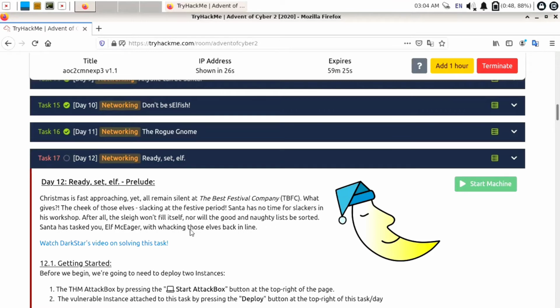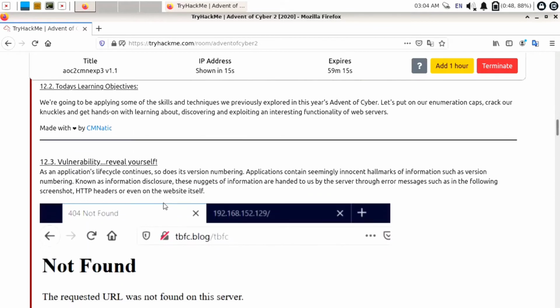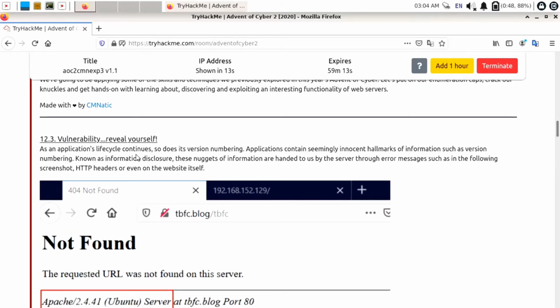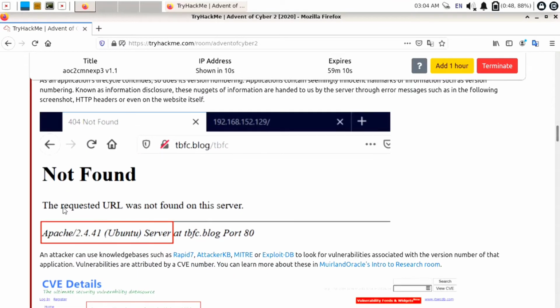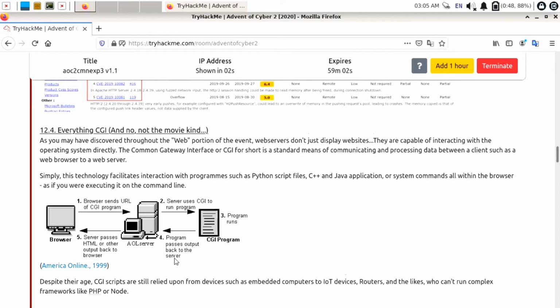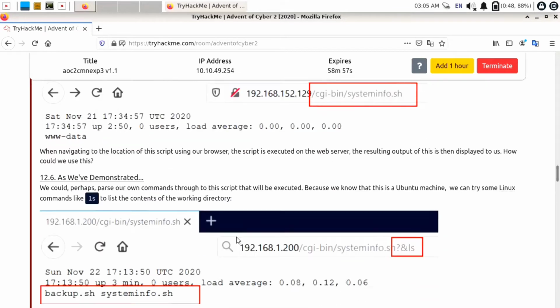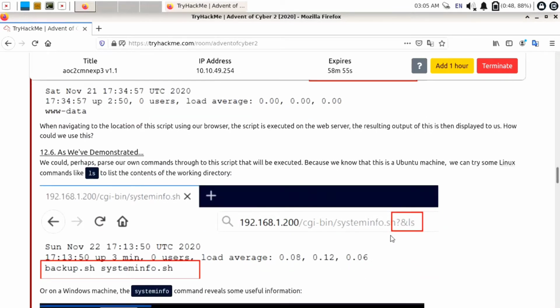Okay, so this is the information about our machine, and thereafter there is one walkthrough video, like the Day Star video. You can just replay this if you want the walkthrough. Just go through this theory part. They have explained how you can reveal the vulnerability. If you visit any website and there is an error, you can easily find the version number of that Apache server, and how you can find its vulnerability on CVE Details or Exploit DB. Thereafter, they have explained how you can exploit this CGI-bin vulnerability.